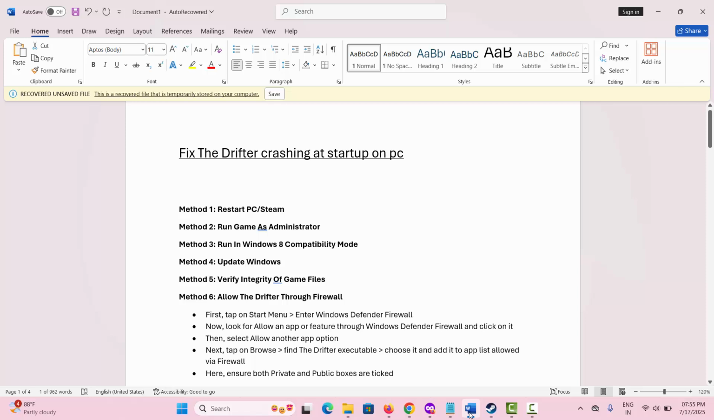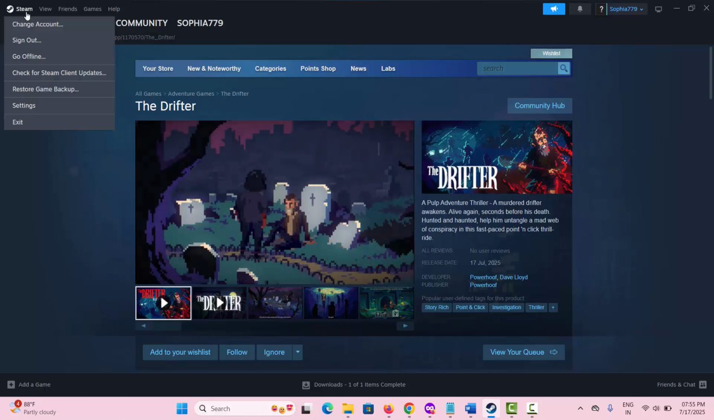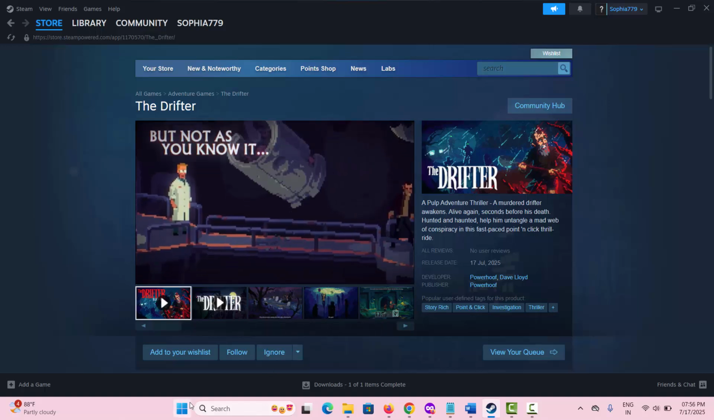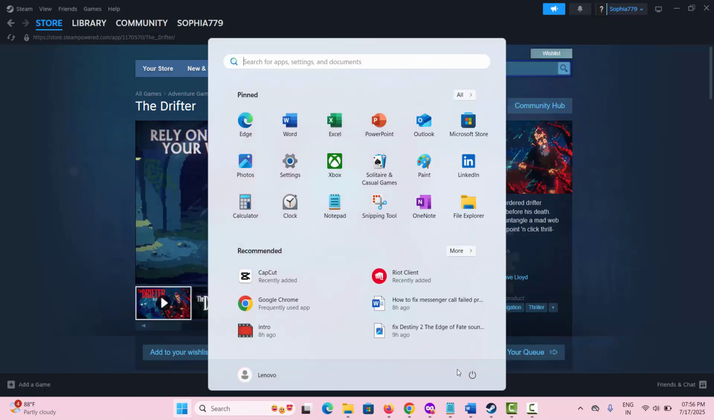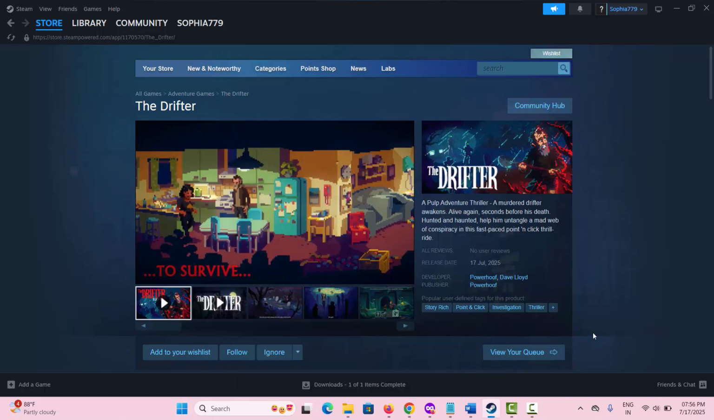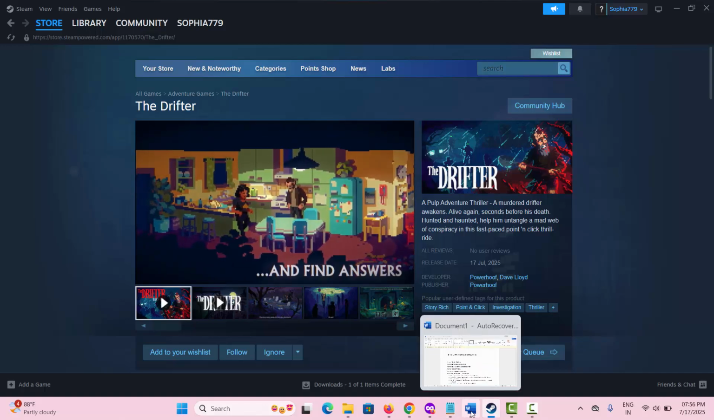So the first method is to restart your PC or Steam. Simply go to Steam, click on the Steam option and click on exit. After this, you should restart your PC as well. For that, click on the start option, click on power and select restart. This will restart your PC, and once it restarts, launch the game and check if it's working. If not,